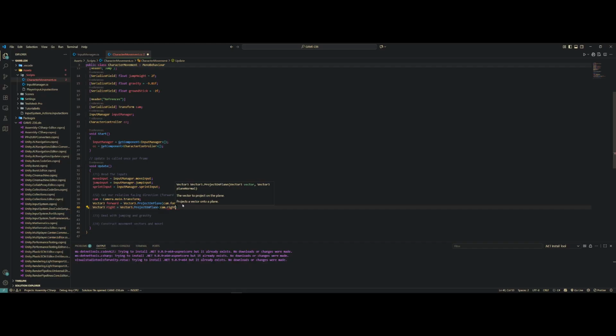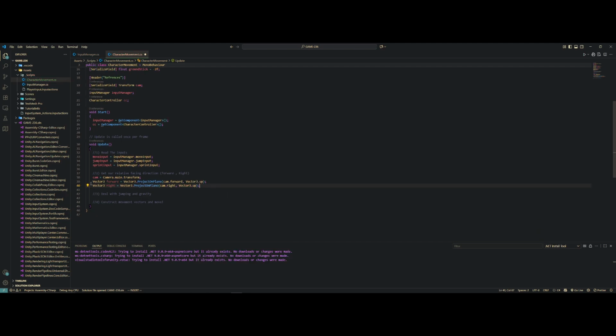So we'll do cam.right. And same thing, I want to project it onto the ground. So Vector3.up. Next, actually, even before we deal with jumping and gravity, let us just construct a small movement vector using this forward and right vector. And all we're going to do is make a new Vector3. I'm just going to call it move. And that is going to be equal to our forward